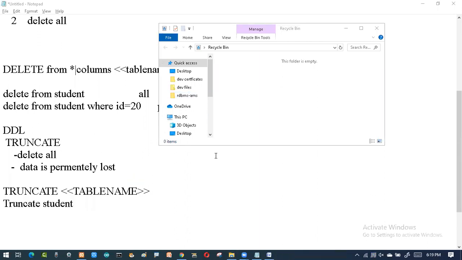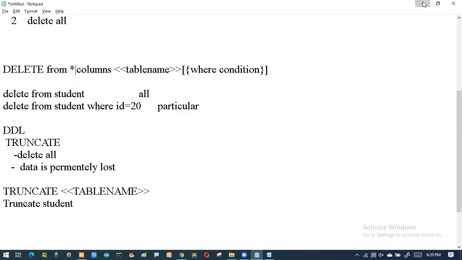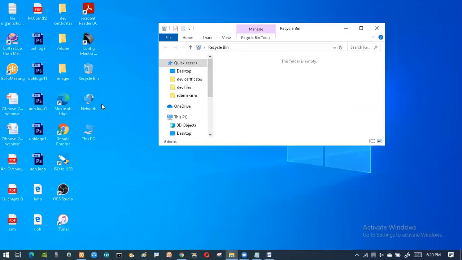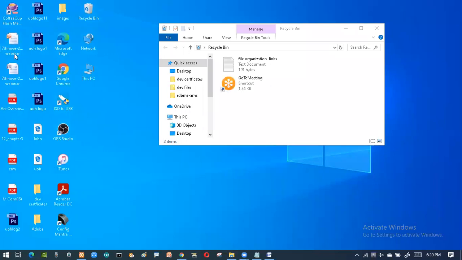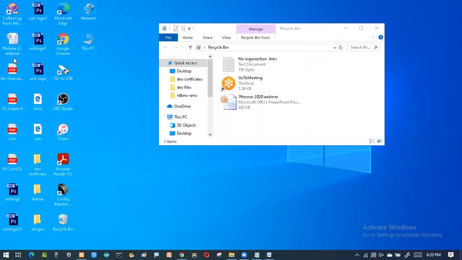For that, we don't have any scenario, no need to think about why a particular record has to be deleted. No, it is only about deleting records temporarily or permanently. Maybe you don't want all the records for future purposes, like this dustbin, as I showed you. Right now it is empty. Unless you empty it from here, the data will be here only. I'm putting all my records here. Suppose I deleted this, and this, and this, so everything is going into my dustbin, and my dustbin also gets full.